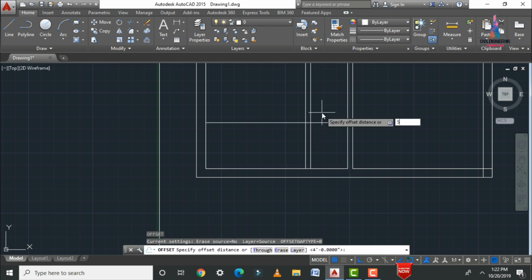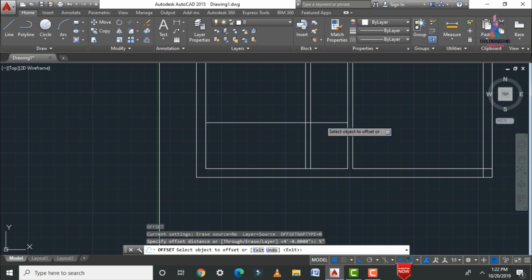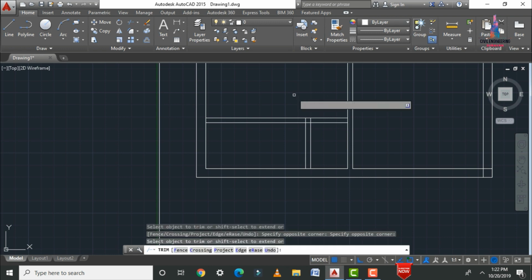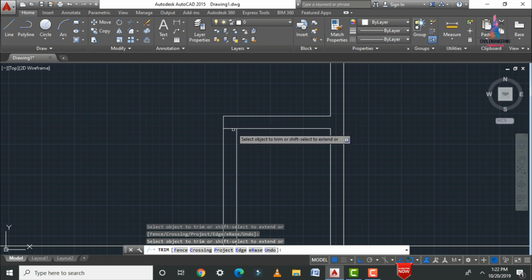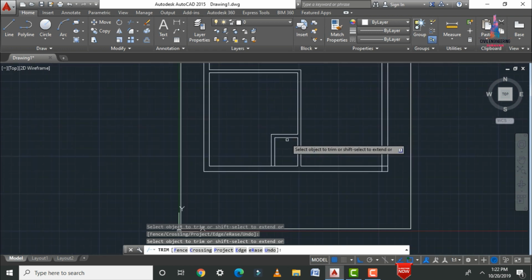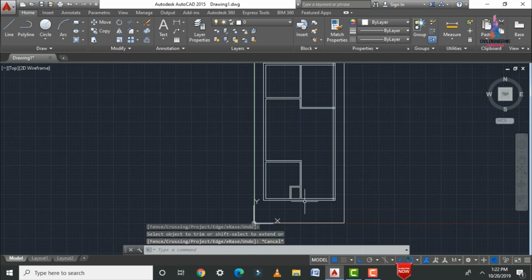Again I am selecting offset which is of 5 inches. Basically I am selecting this point, TR double enter. Now we have to trim the excess of the portions here in horizontal position as well as your vertical position. So just trim this excess of the options here like this. Okay, so after that we have to draw one more offset for this distance for the sit out purpose